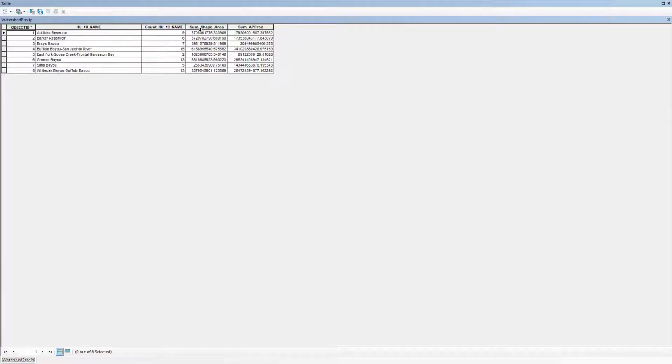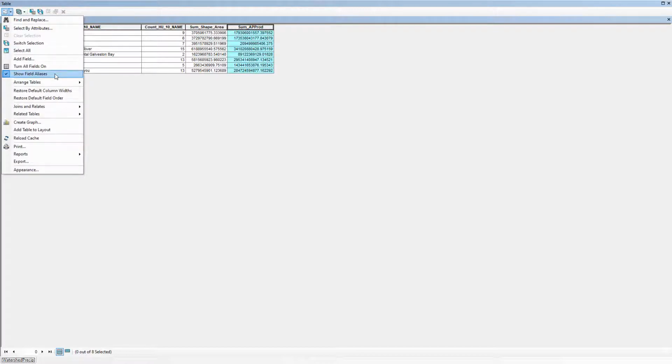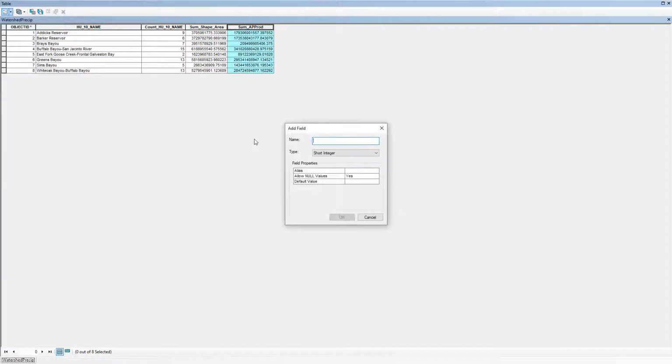See, now we have the sum area, and we have the sum of the product of area and the precipitation. Now I have to divide this column by this column. Then I'll get the average precipitation, basin average precipitation for this HAC10 name. So in order to do that, I have to add another field again, and that will be our basin average precipitation. BA means basin average precipitation, and I'm going to select it as double as usual, and then